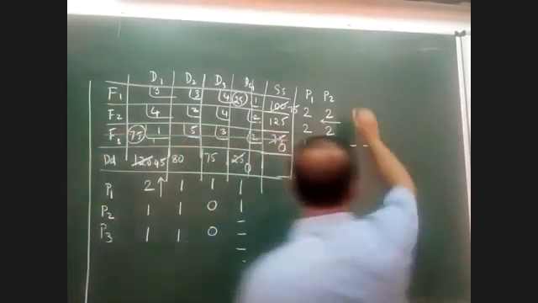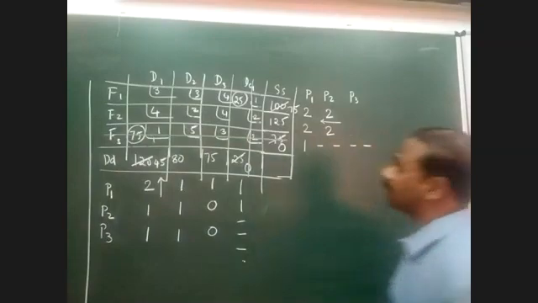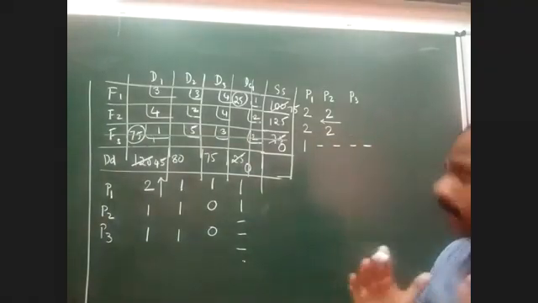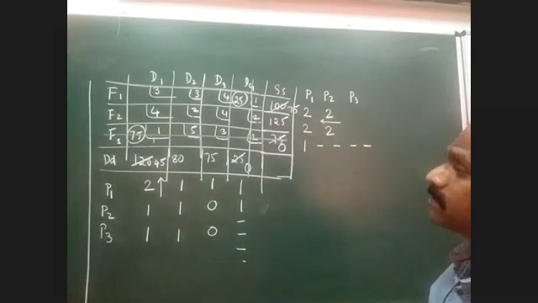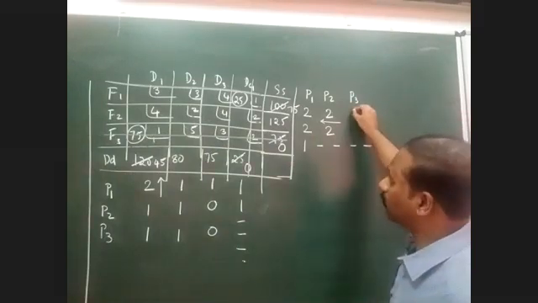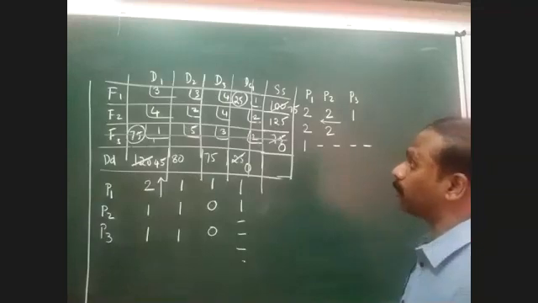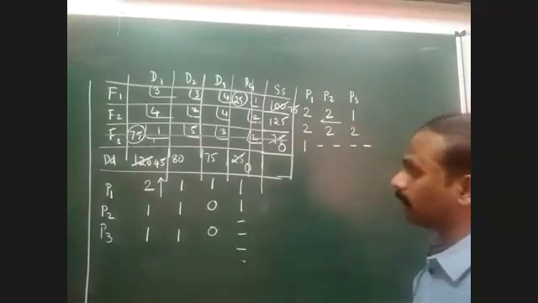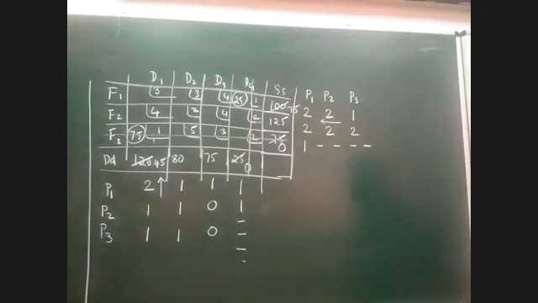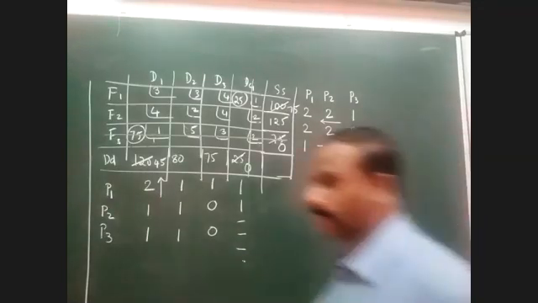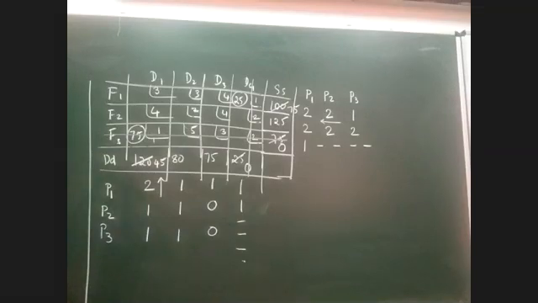Now let me calculate the value of P3 row wise. Here you can see that the matrix is further shrunk. In the first row, you can see the difference between 3 and 4, therefore the penalty becomes 1. In the second row, the difference between 2 and 4 becomes 2. Now, if you compare the values of P3 row and column wise, can you please tell me which is the highest penalty now? Please look at the P3 values and tell me which is the highest penalty. 2, sir. 2 is the highest penalty.